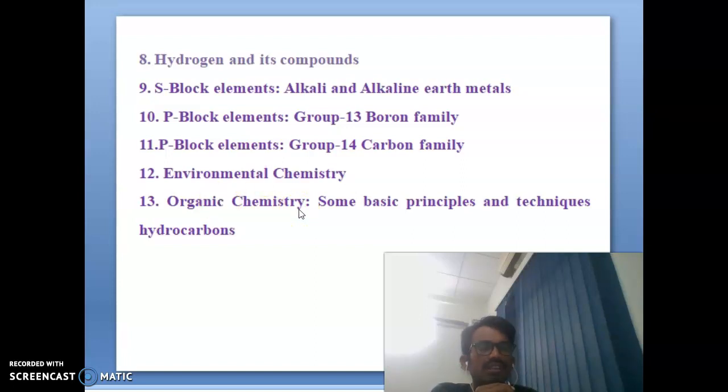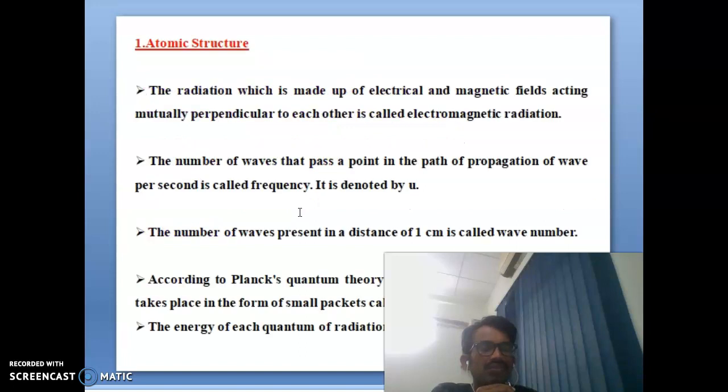Now we can see some details. You can see the first one, atomic structure. The first unit, or the first lesson, is atomic structure. What is atomic structure? The main points I have already written here. You can see, first, what is electromagnetic radiation. These words are very familiar, especially in atomic structure. What is electromagnetic radiation? The radiation which is made up of electrical and magnetic fields acting mutually perpendicular to each other is called electromagnetic